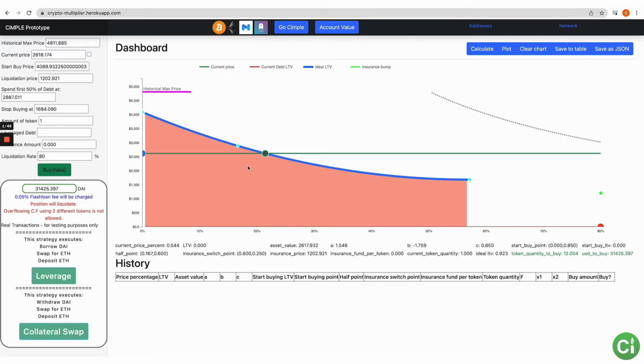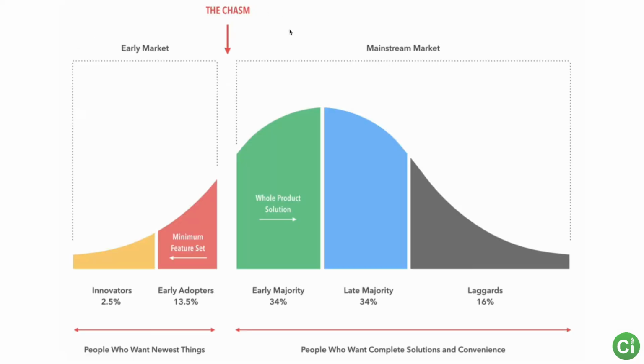This is not what it's going to look like as a final version. So in another video I covered this, but let me cover it again real quick. This idea of crossing the chasm, right? This is from a different book. We are about here, which is only about 2.5% of the total market that would even want to do it. We are getting very close to the minimum feature set. So we're going to be able to get about 16% of the total market that would be accepting this prototype, right? But that's only 16% of the market. The other 84% of the market would look at this and say, this looks terrible.